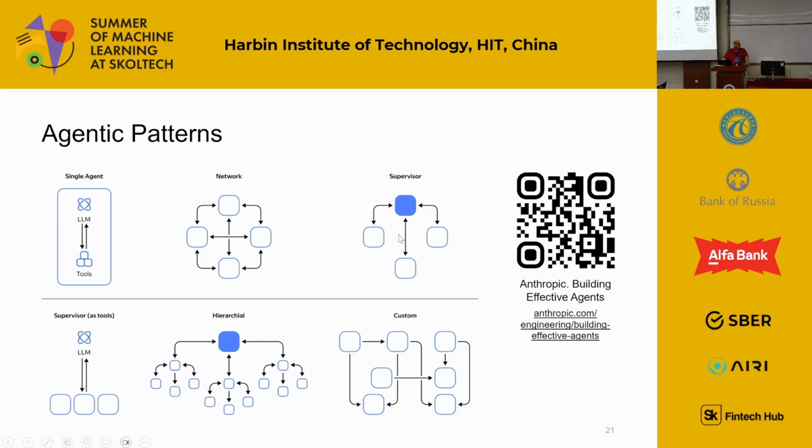The one that we used was similar to supervisor: there's one central node which decides what to do next. There could be hierarchical patterns, where a node decides that we give this entirely to a new subgraph, and that subgraph does something and comes back with an answer, and then we take this answer and do something else.